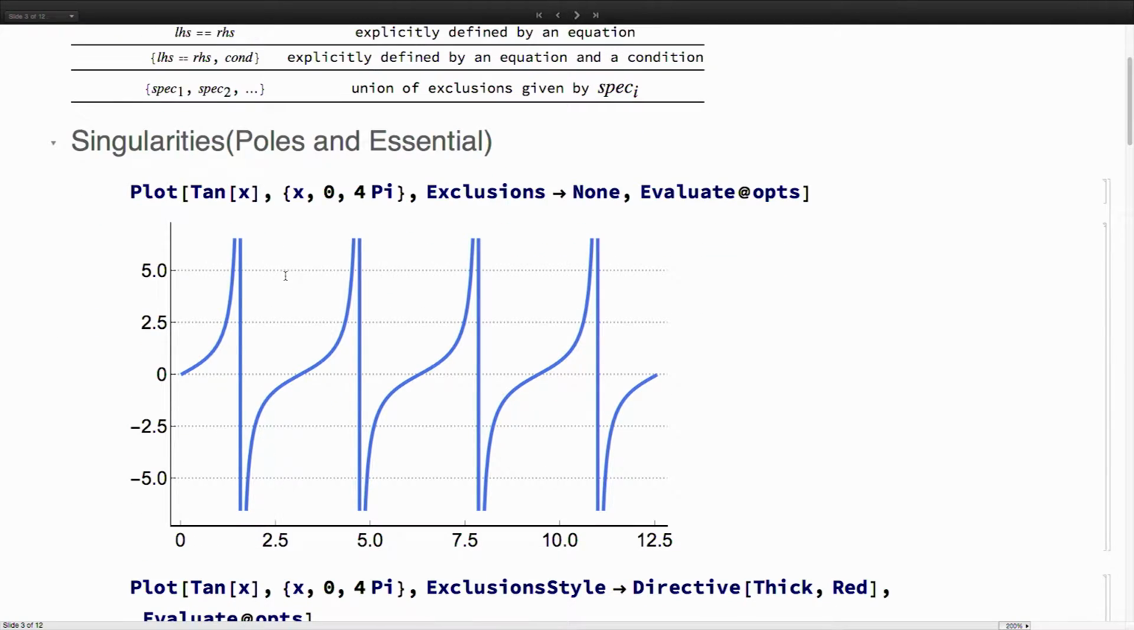And right, so this is the famous plot, which is tangent x. The central lines at the poles come from the line between positive infinity and negative infinity. Previously, the algorithm couldn't find these poles automatically, so we didn't remove them. You had to manually specify the positions you wanted to remove. But in version 11,